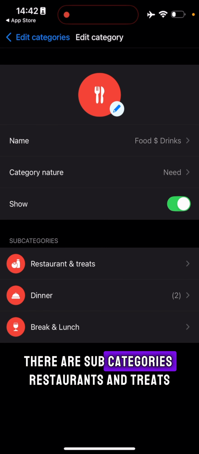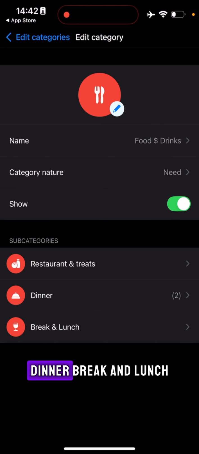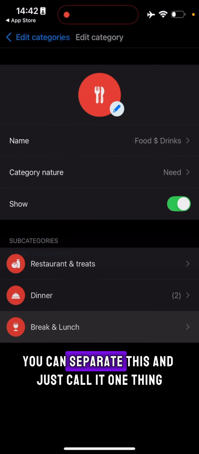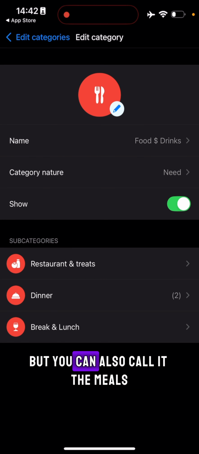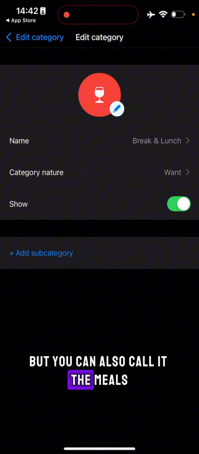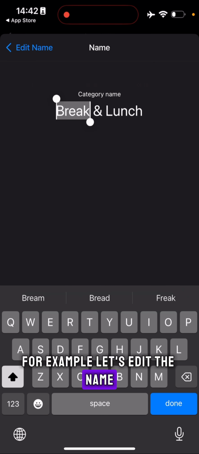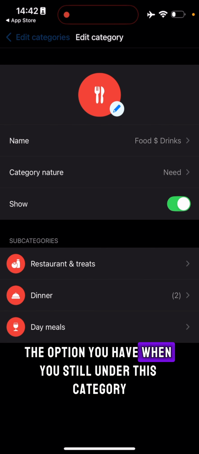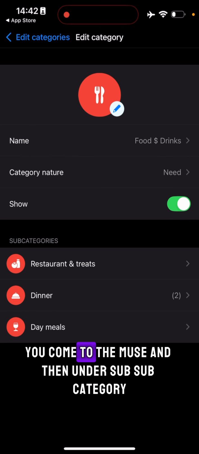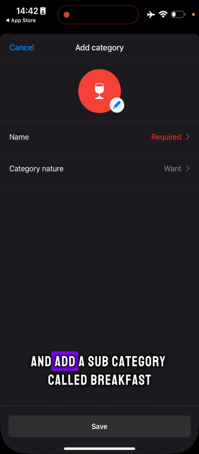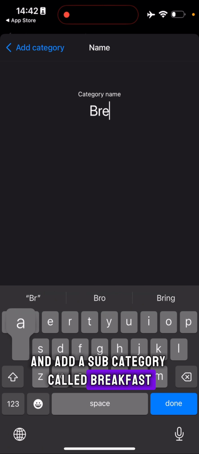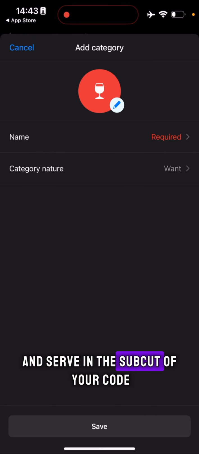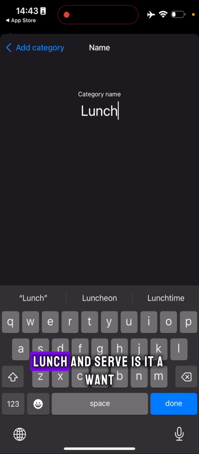But under the general category, you see, it has been updated to foods and drinks. There are subcategories: restaurants and treats, dinner, breakfast and lunch. You can separate this and just call it one thing, but you can also call it day meals. For example, let's edit the name. Day meals, save. Now, the option you have when you're still under this category, you come to day meals, and then under subcategory, you can add day meals and add a subcategory called